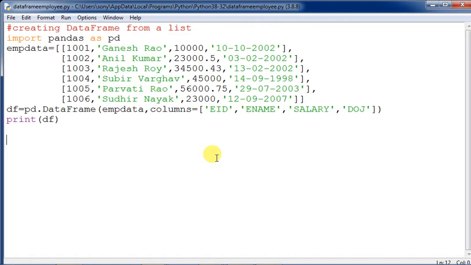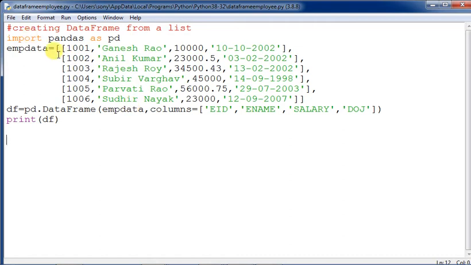First of all, you need to import pandas as pd. You have to import the pandas package and then take the data in the form of a list. In fact, it is actually a nested list, as you can see out here how we have taken it. Now when we are using the data frame constructor, this will be converted into a data frame, and since we have not taken any dictionary, we have to take the columns in a separate list. That is the syntax for a data frame constructor.